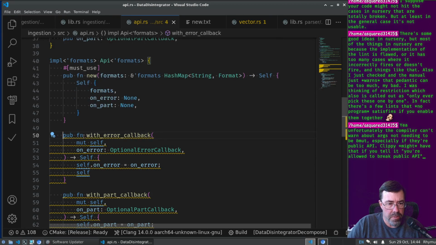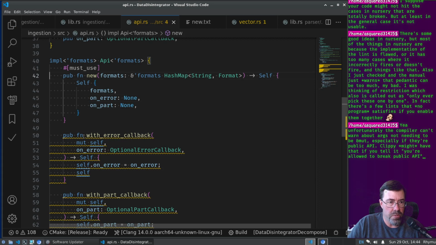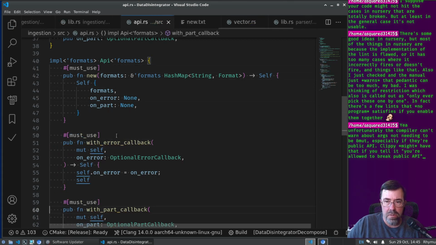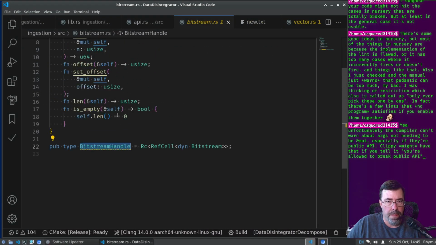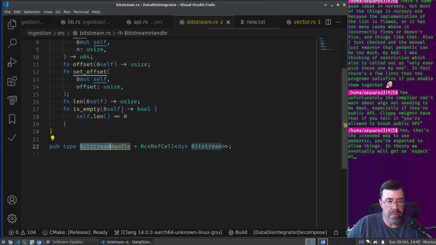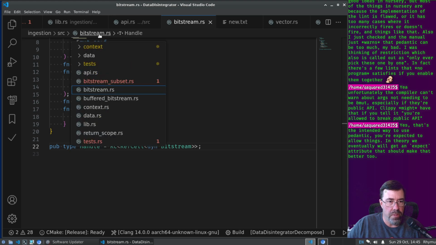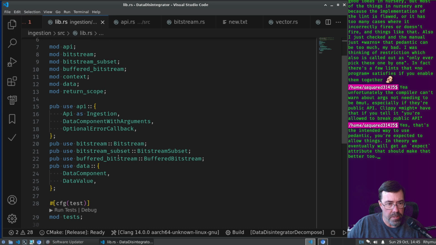So yeah, some of these, these are all the builder functions, right? It makes sense that you'd want to use them and not ignore the return value. Okay, next. I'm okay with fixing this because I like the idea that it should be called handle, and then when we re-export it from one level up from here, it will just be as. So it would be